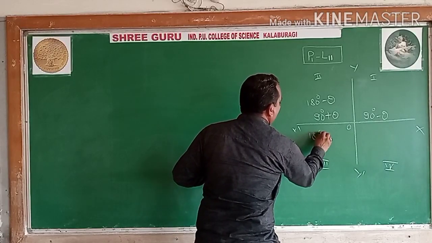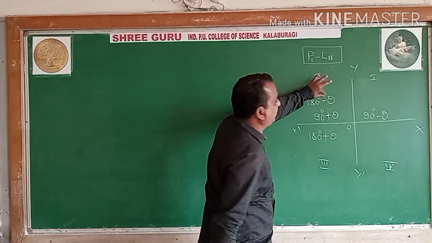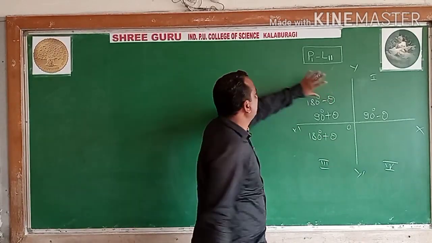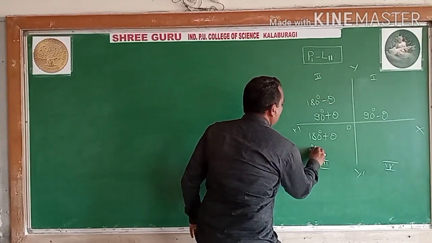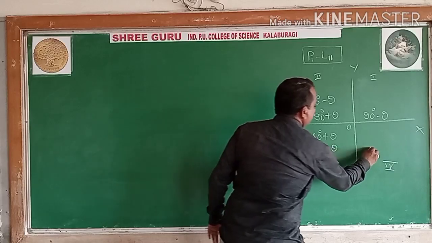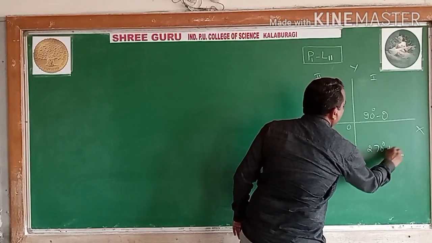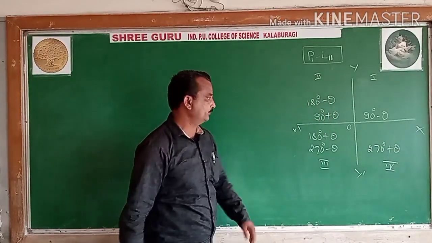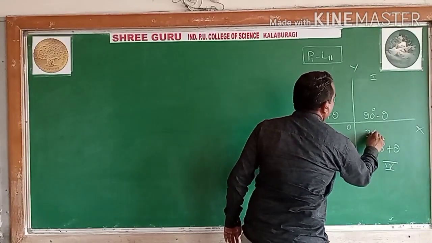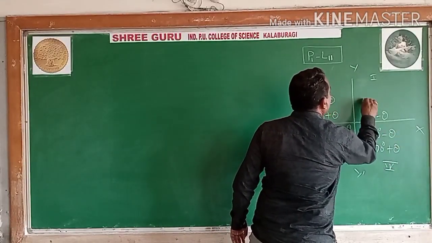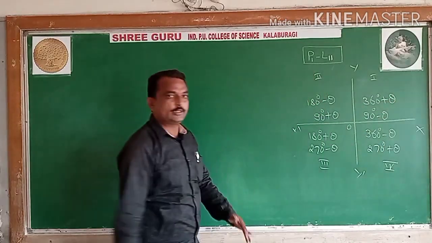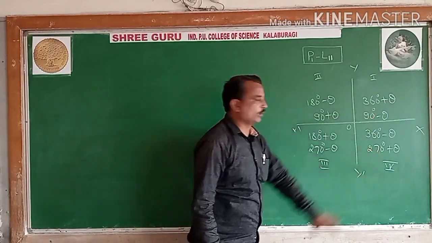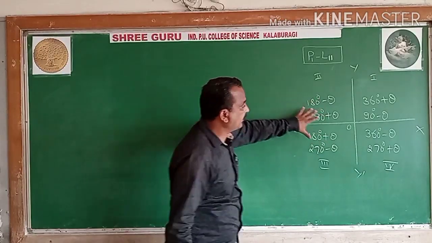180 plus theta, where theta is an acute angle, in terms of standard angles here we are converting. So 180 plus theta is in the third quadrant, 270 degree minus theta in the third quadrant, 270 plus theta is in the fourth quadrant. 360 minus theta, fourth quadrant. 360 plus theta, after one complete revolution, is in the first quadrant. So these are the 8 allied angles.